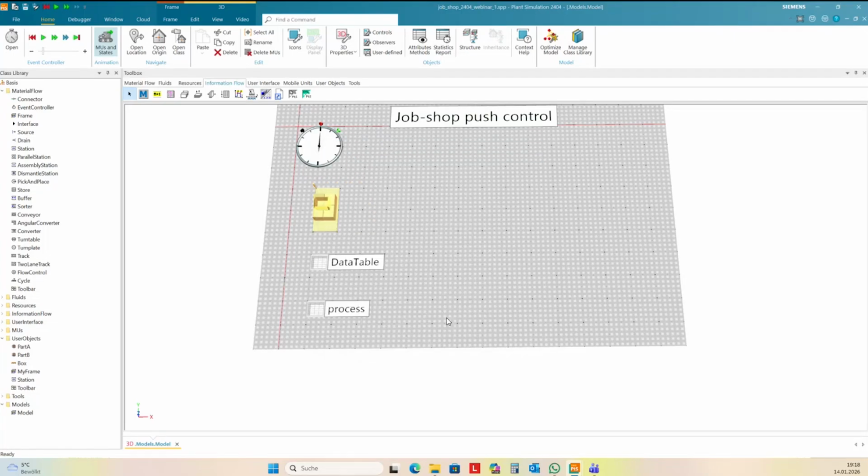and then you can define the time and the parts you want to create at a certain time. And there you can also create defined absolute times and can import this data from an external system, for instance. Next, I need a buffer,